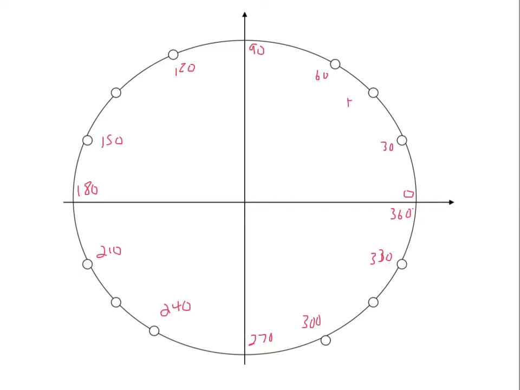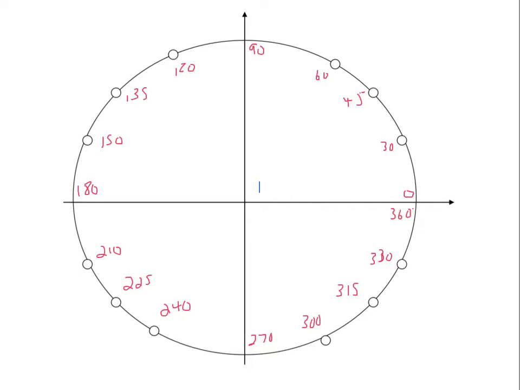Then I go by 45s, 45 degrees, 90, 135, 180, 225, 270, 315, and 360. Next I'll write the coordinates in, and I'm going to follow the pattern of the quadrants